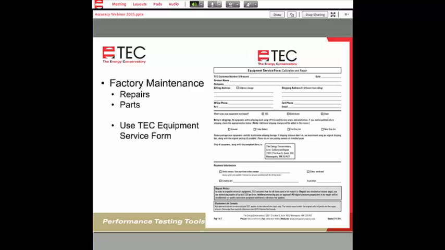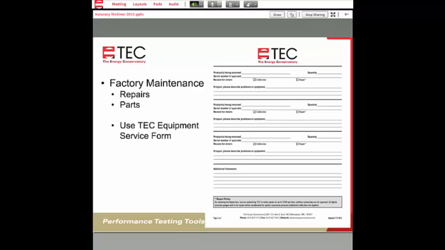So this first sheet talks about you and gives us information about you. The second sheet talks about the items that you're returning. So if there's anything that you can provide here to help us and our technicians understand what you might be experiencing, this is the place to put it in. For example, if you have an issue that happens every once in a while, an intermittent thing, we want to make sure that you describe it as best as possible so that we can find it, do the same thing.